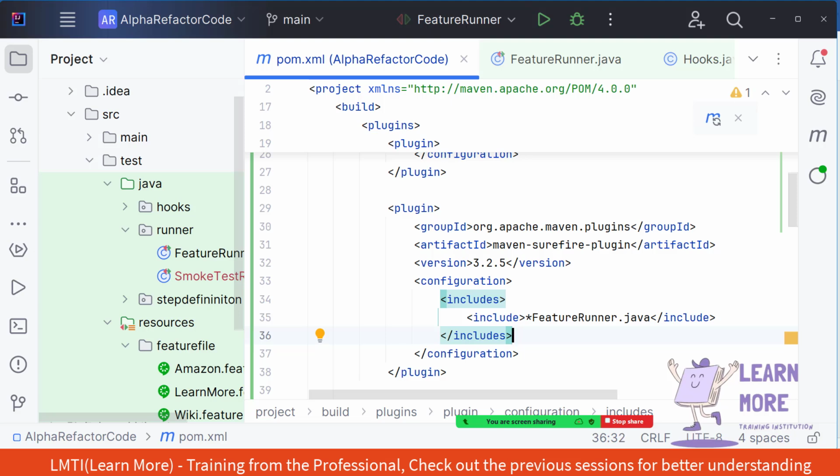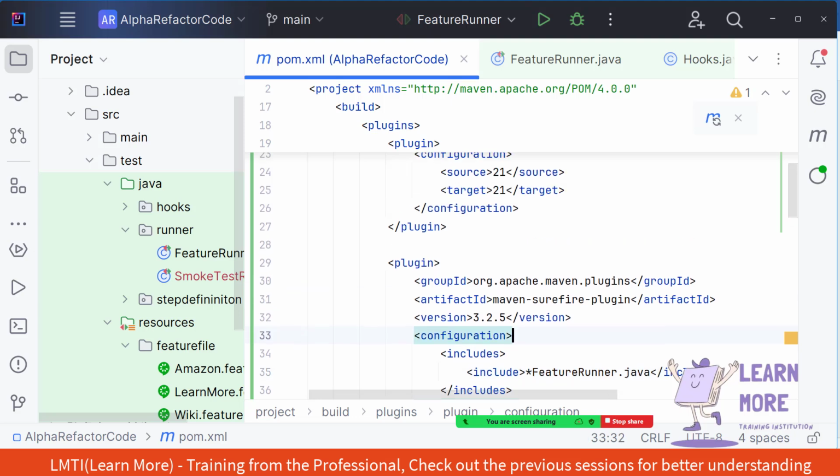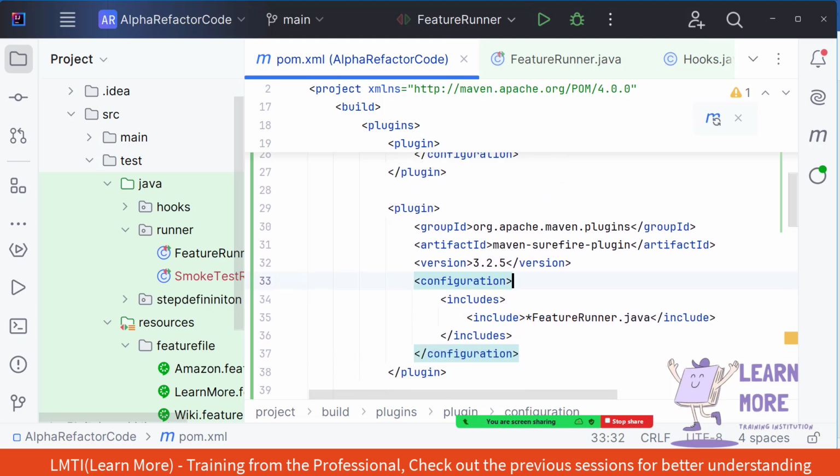So we will be providing the path of the XML file over here. Whatever framework you are going to use, this Maven configuration is going to remain the same. Whenever we are executing on the server, we are going to execute only with the help of Maven commands, and the Maven commands will always look for the plugin section, and based upon whatever plugins are available,